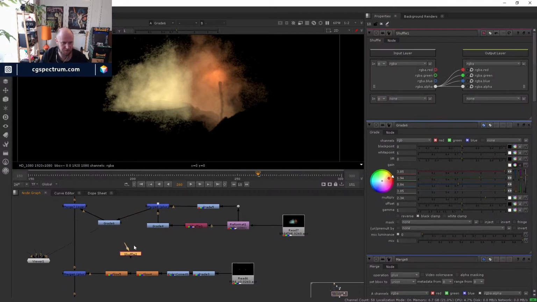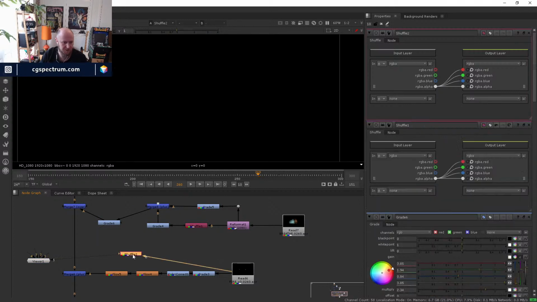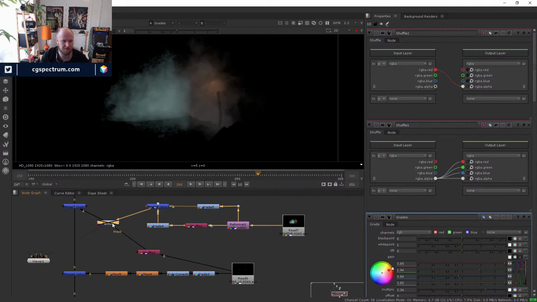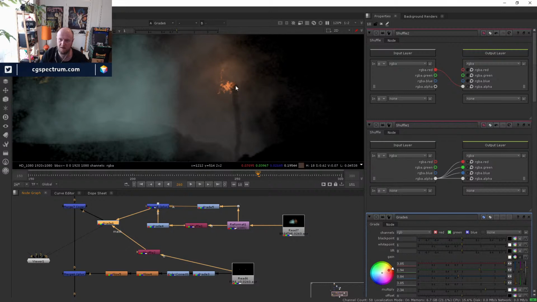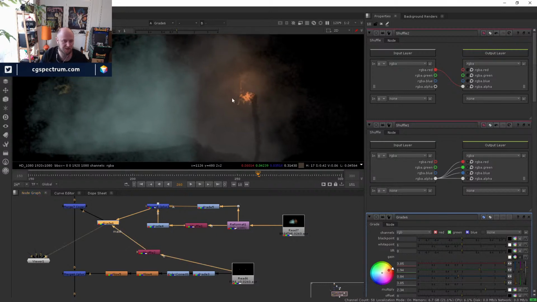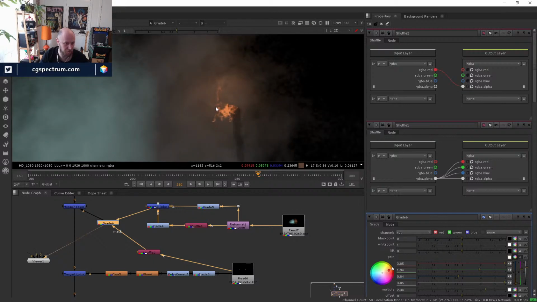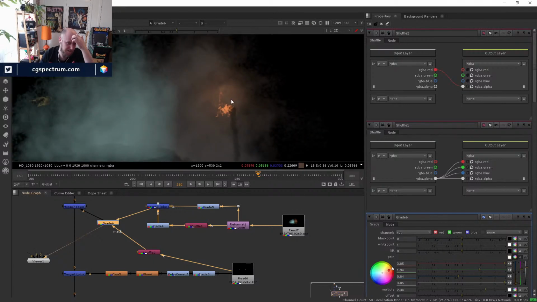I'll take a shuffle, and I'll shuffle red into alpha, and I guess I'll just disconnect all these other things, because really I'm only interested in this alpha channel now. If I plug the alpha channel as a mask into this grade, you see that now that orange grade that I had is just affecting the area where the fire is, but that's a bit too